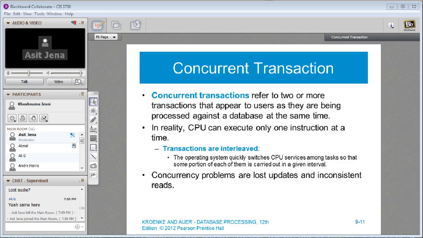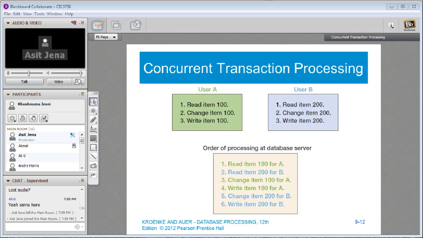So again, I have given an example that if two people, which is called a concurrent transaction, are updating one person's record, it is possible that one person overrides the update that the other person is making through a concurrent transaction, and inconsistencies can occur. So through a transaction, we can.